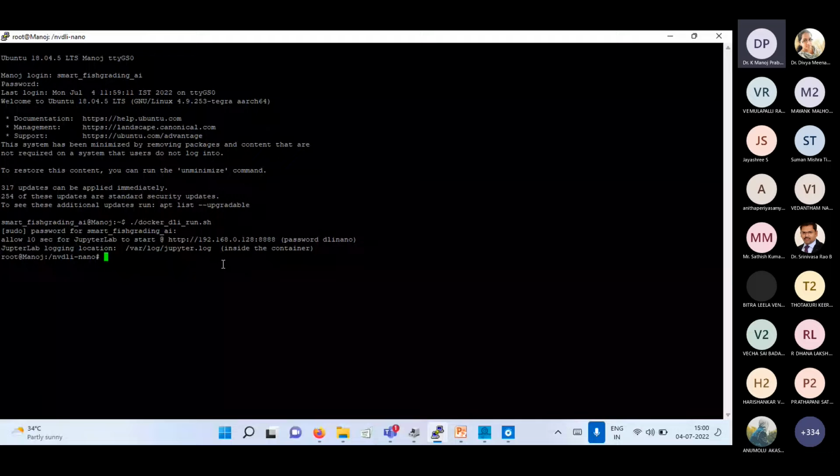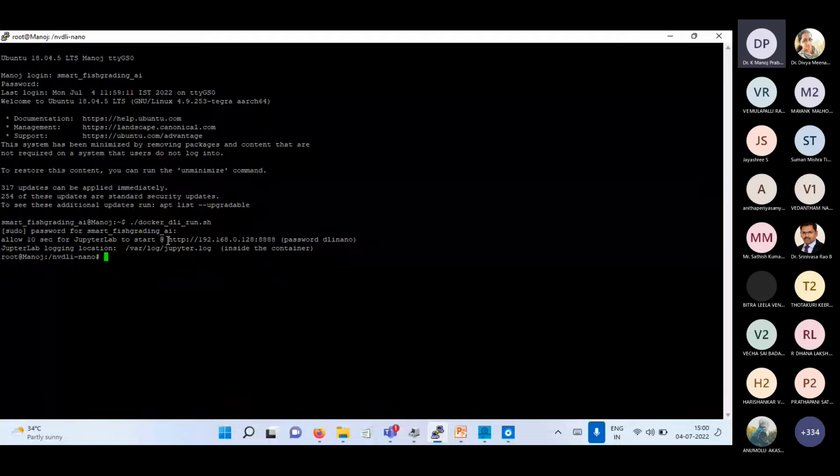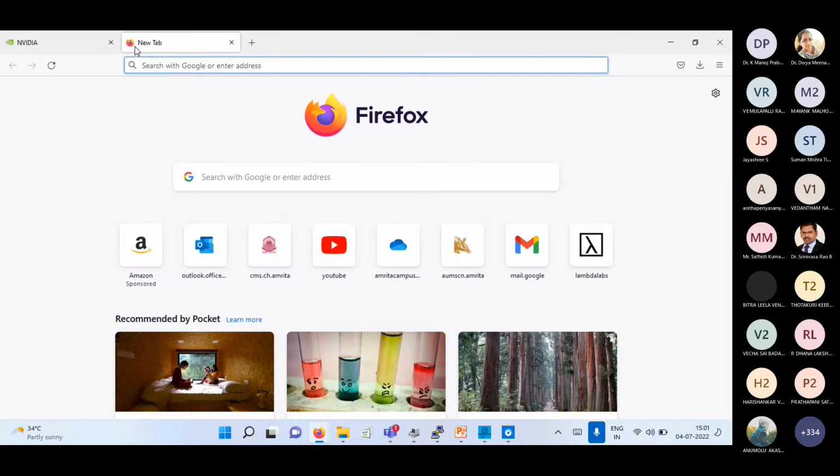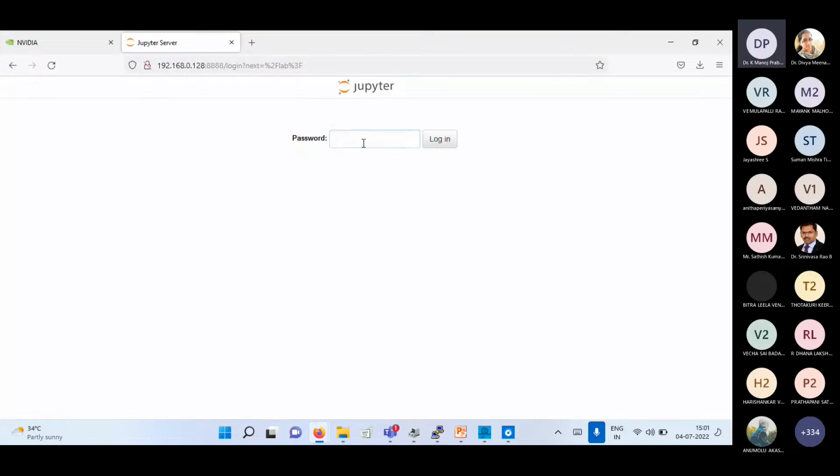Now my HTTP is activated, at 192.168. I'm copying these values and pasting them here. Let us see. I'm entering that and giving the password, dlinano.